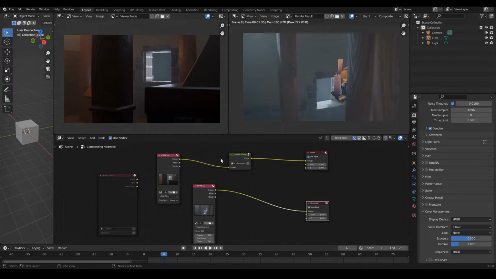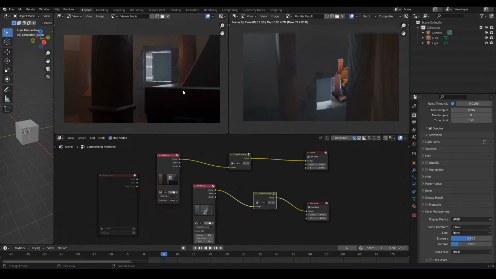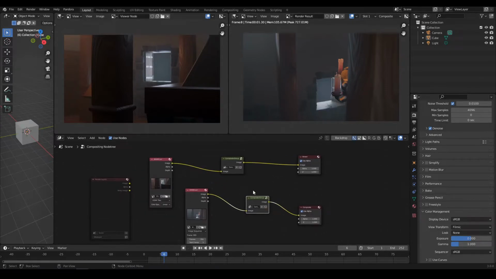and that can allow us, for example, to compare the look and feel of both. We can see that this point of view is higher, but the feel of the image is different. This is more reddish, oranges, and this goes more toward the blues. If I move my composite node here, now both will display the outputs after compositing, and I can then compare